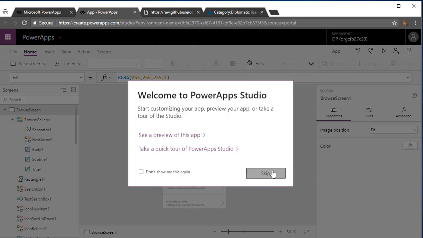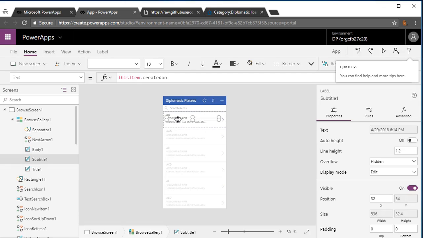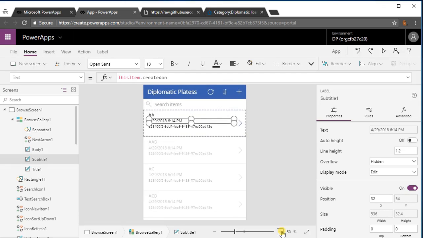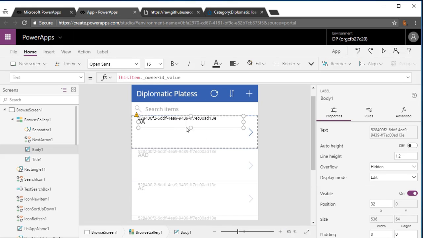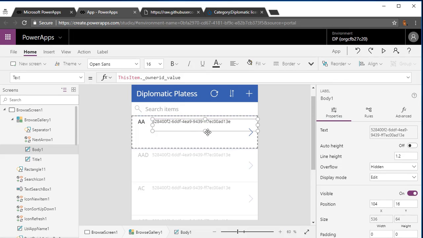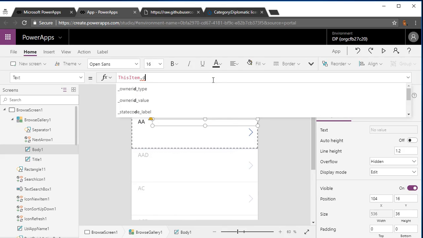It made it plural for us, so next time I do this, maybe I'll just call it plate and not plates. Now you can see what it did is it automatically connected to the data, and so it gave me multiple rows, and it's giving me a layout. And what we're going to do is we're just going to move some of this around here. So like, let's move that field over to the right. And let's change it, instead of the owner value,